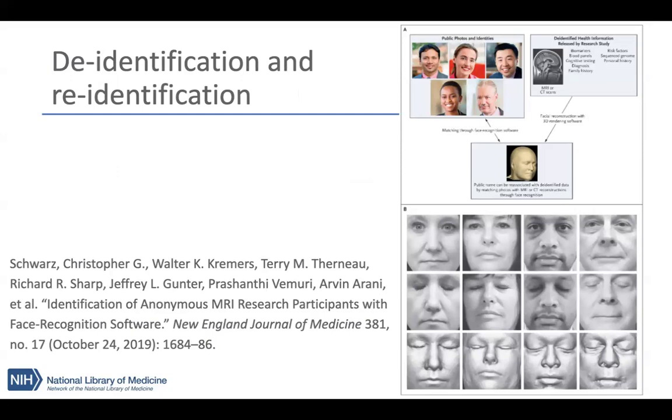They took a group of volunteers who understood the purpose of the experiment to see if they could reconstruct their faces from brain MRIs and then use facial reconstruction software to re-identify them. They were able to do so with a startling number of participants. Now, when this paper came out, a radiology researcher that works with MRI data got in touch with me about data sets she had previously shared. These data sets were legally de-identified according to HIPAA, but she was still concerned that they might have been re-identifiable. We decided that the data was not a danger, mostly because it was knee MRIs, not brain.